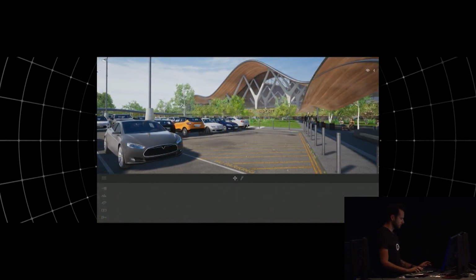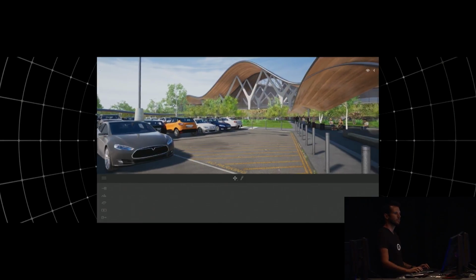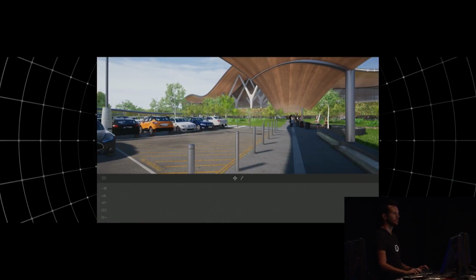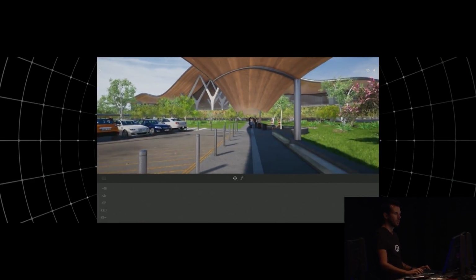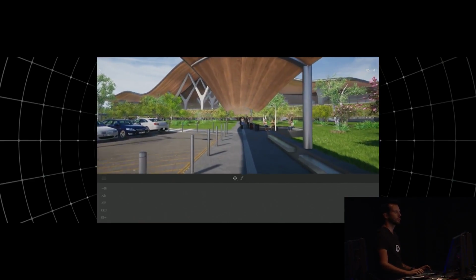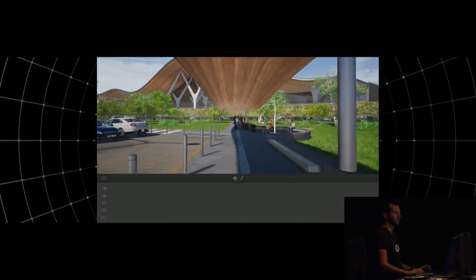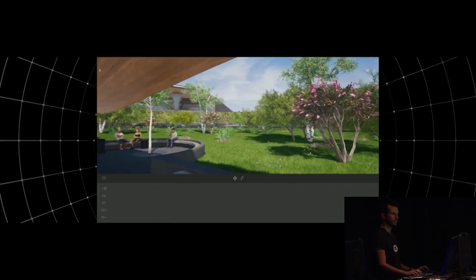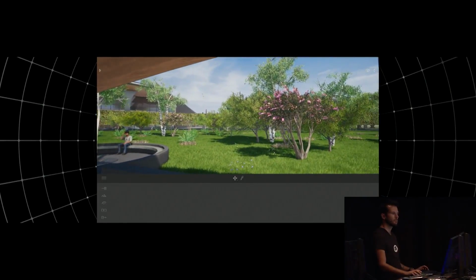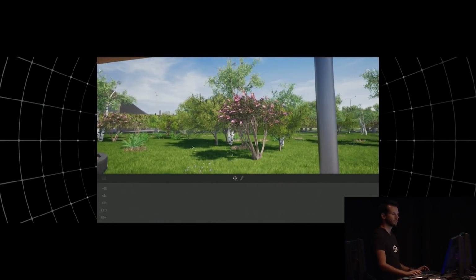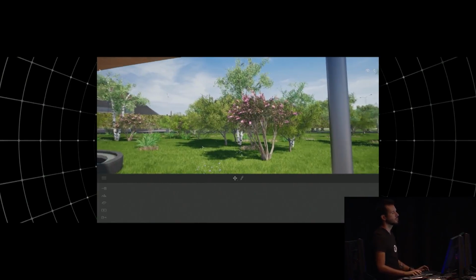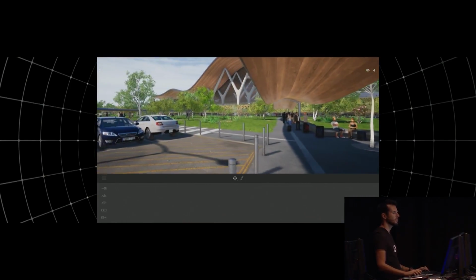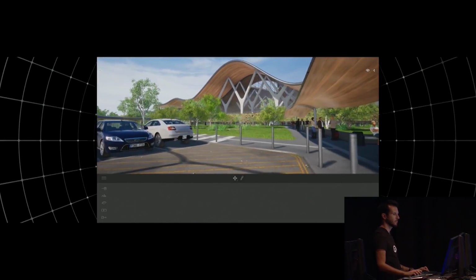So here I'm in Twinmotion. Everything you see here, from the PBR materials, the animated people, and the cars, has been automatically replaced during this synchronization. We also keep the BIM information, all the data the architect put inside this project. And we also automatically replace the vegetation. In Revit, we just add some basic billboard with the shape of a tree. During this synchronization, we automatically replace those billboards by Twinmotion trees, which are affected by the weather and the seasons.